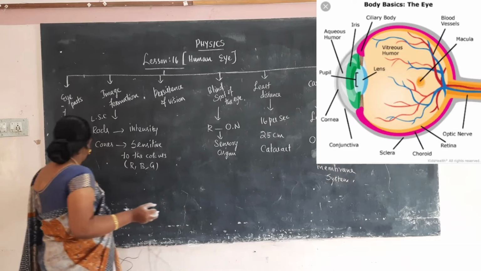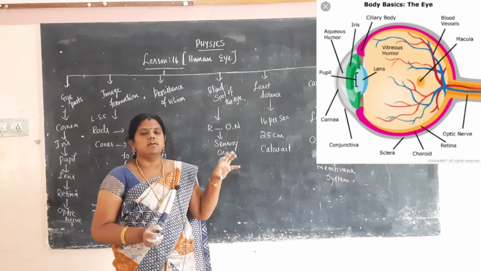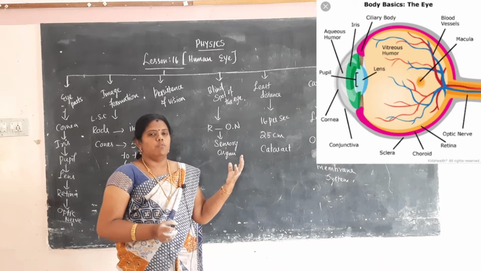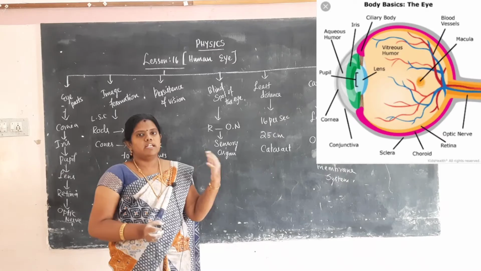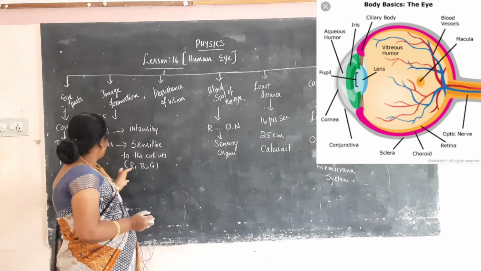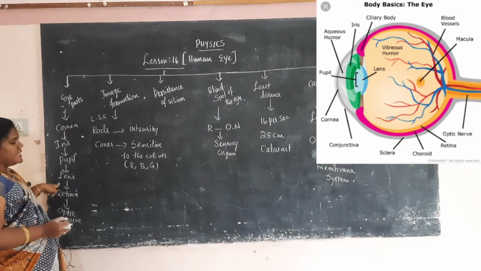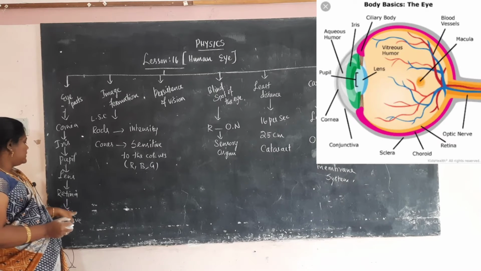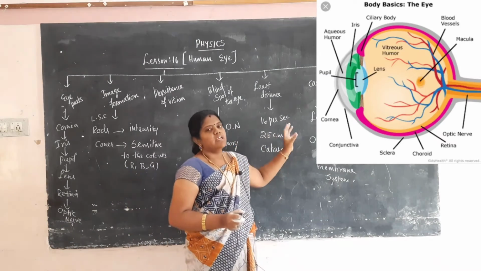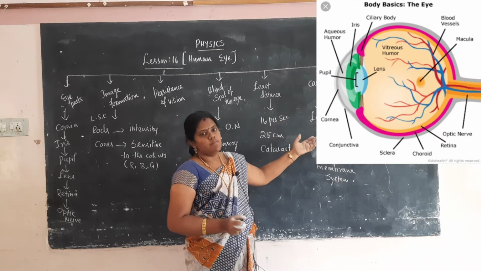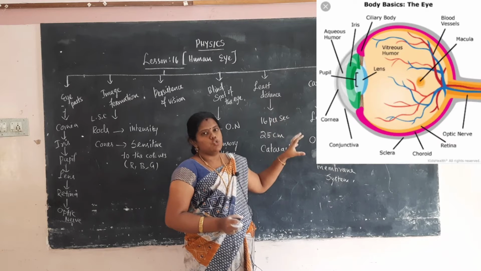Okay, then the next one is the retina. The retina is the screen; the retina captures the image. Whatever object we view, its image is captured on the retina. So these are the parts of the human eye: cornea, iris, pupil, lens, retina and ciliary muscles, and after the retina there is the optic nerve. The optic nerve carries the signal to the brain. In the retina the image is captured as a virtual and erect image.